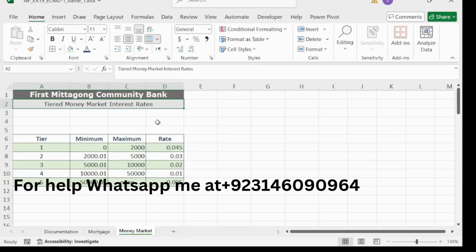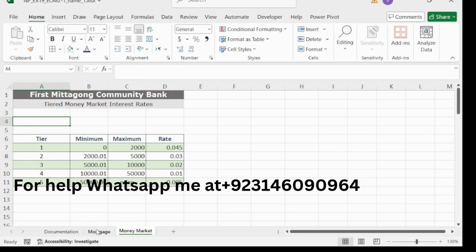So we have completed our 12th step, and our step number 13 is copy the content and formatting from the range A4 to B4 in the mortgage version, and then paste them into the range.